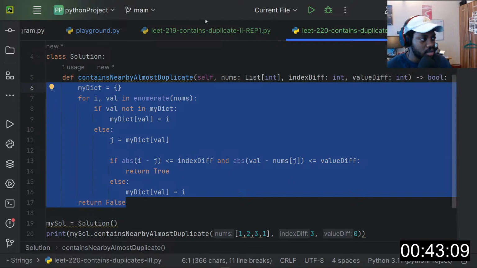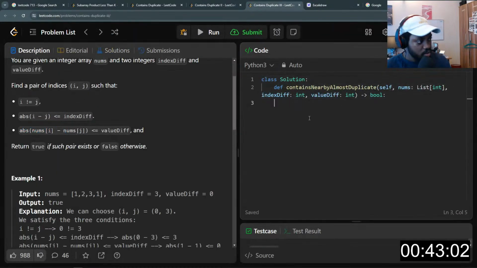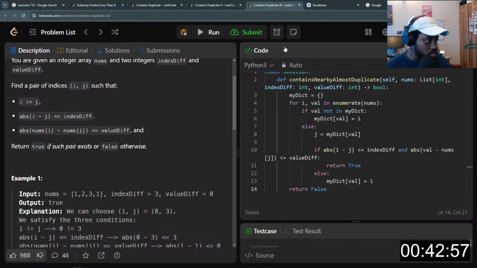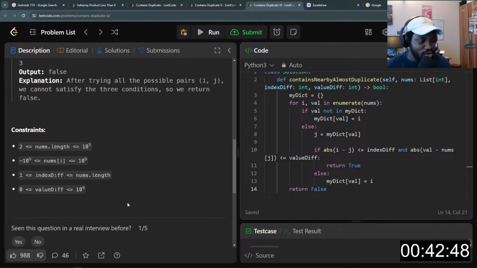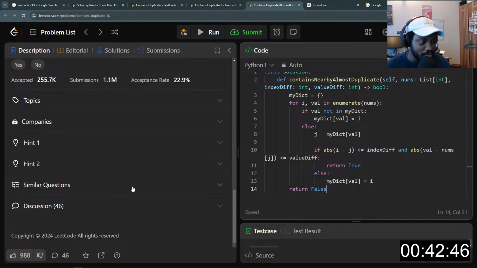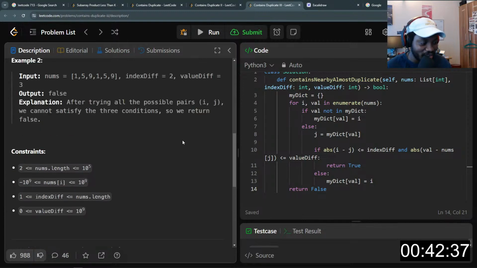So let's test this out to see if we pass other test cases as well. I'll copy this and try it out in this place. Even though this question might pass the test cases, I'm sure there's something wrong with this question. For 1 million people to submit and 255 people to get accepted, there is something wrong with this question.